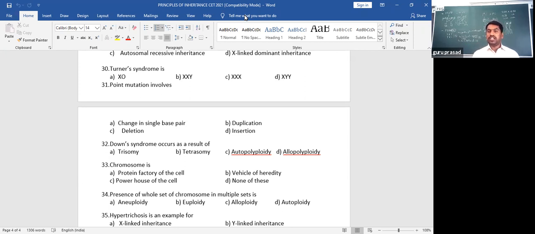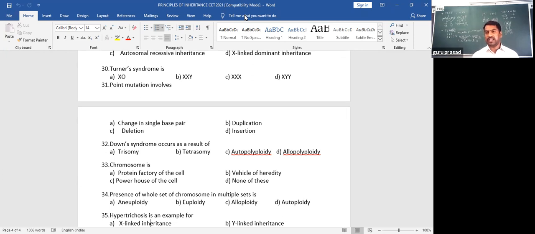Where there is addition or deletion of nitrogen bases. For example, in the previous case, we thought glutamic acid, GAG is the nitrogen base, but GUG happens. There is a change in the base pair from A to U, that is called point mutation. But when addition or deletion of nitrogen base takes place due to insertion or duplication, addition happens, or due to some error, deletion happens. At that time, it is called frame shift mutation.